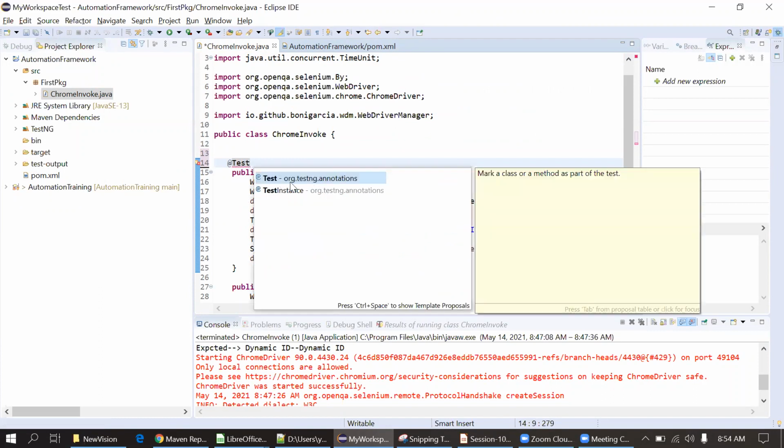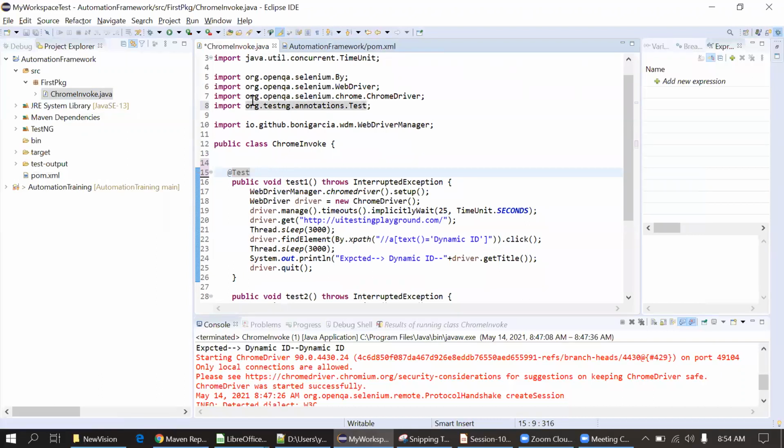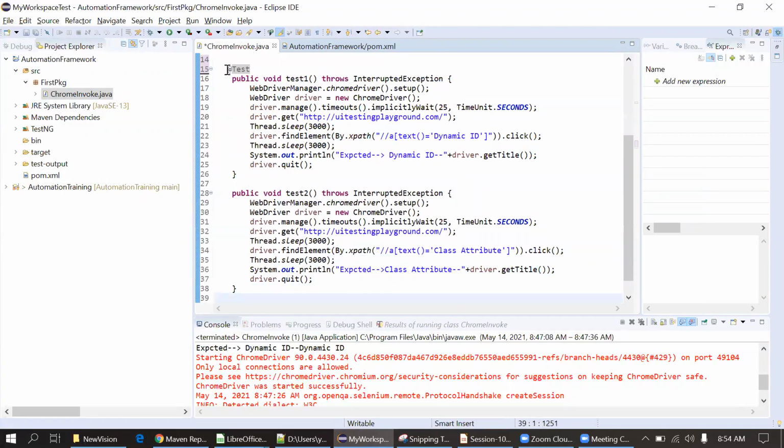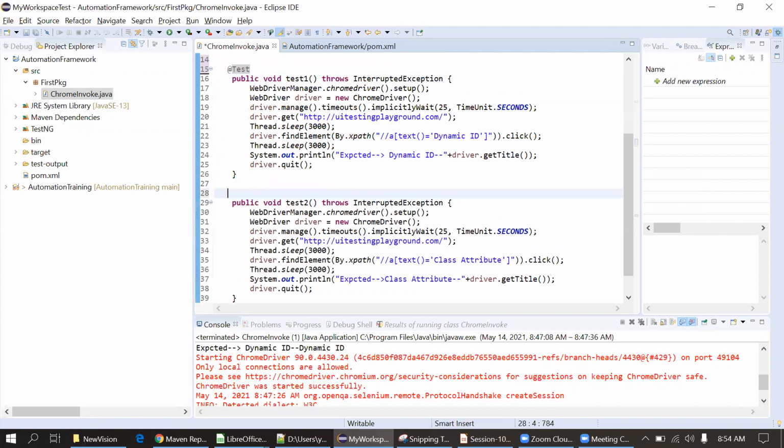You can see org.testng.annotations.Test. I'm just clicking on that. It has got imported here in the import, and simply I will put that same annotation @Test again. So we are not going to use the main method in the automation framework. Just remember this.